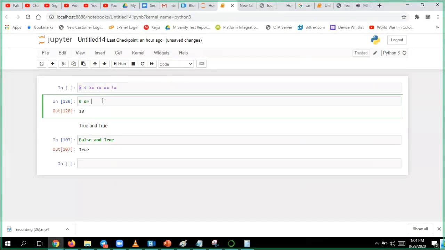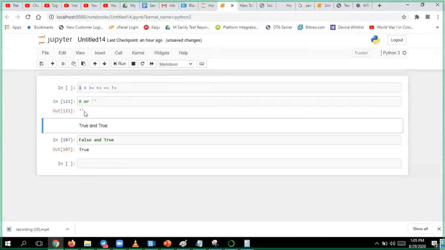Now, if I have this empty string, whether this is false or not, this is false or not. 0 is false there, this is false, and this is also false. Okay, which false will it put? It will put the last false, because the first one is anyhow false. The second one is also false. I'll put the last one. See, the last one it will put.